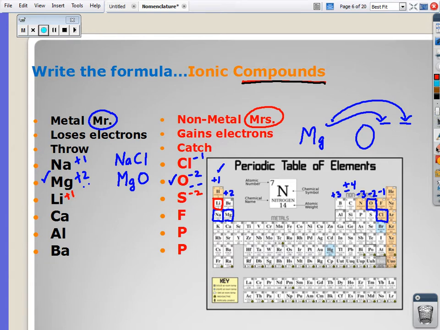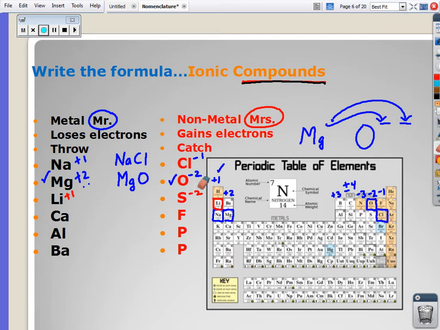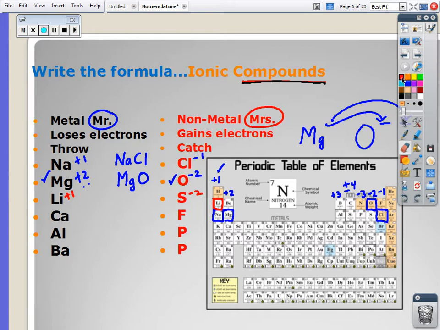And you know what, let me get rid of this for you. That's a big eraser. Sorry. Okay, so now what's going to happen? Lithium's throwing 1 electron. Sulfur's catching 2. So it means you need 2 lithiums to play ball with sulfur. So I write